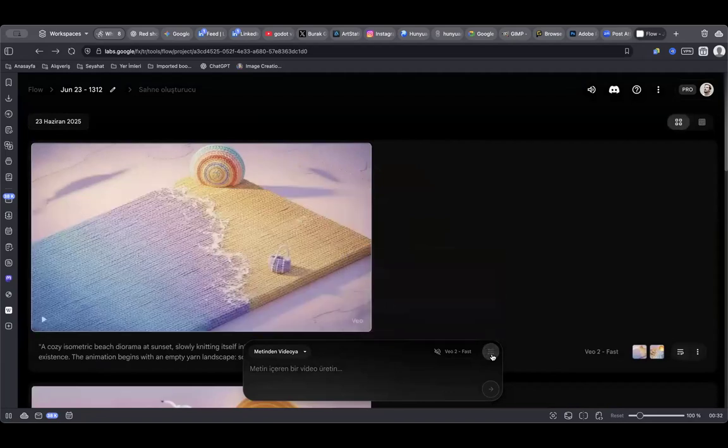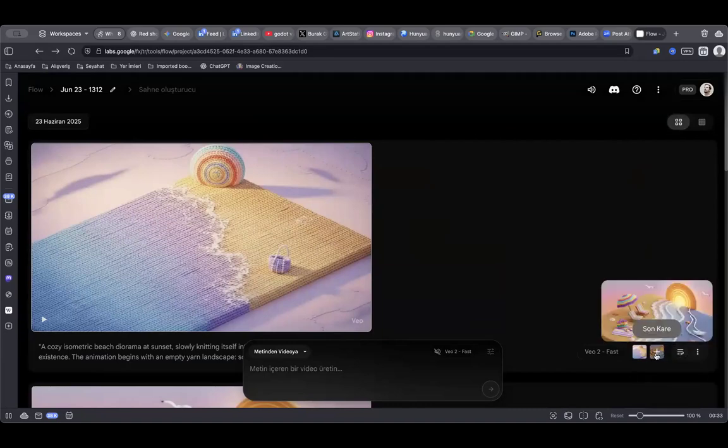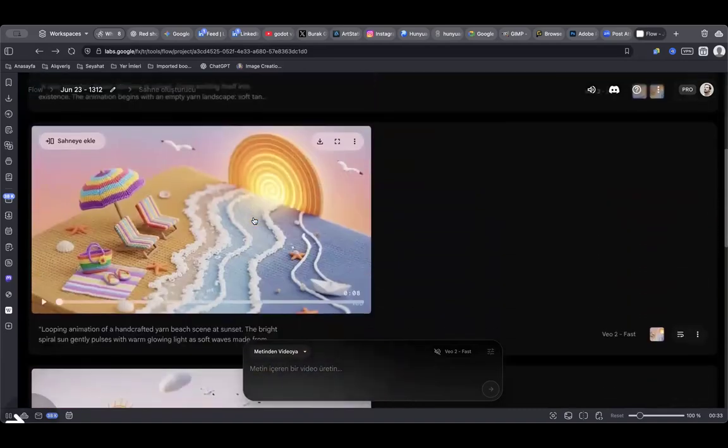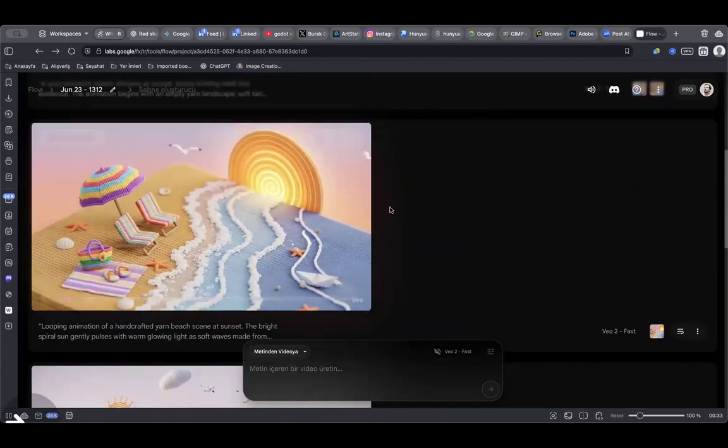And as I said, Google Labs changes its UI all the time, and it's a bit hard to find. I will look it up and share it with you